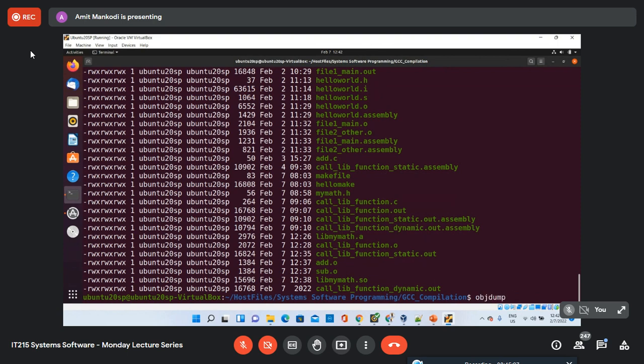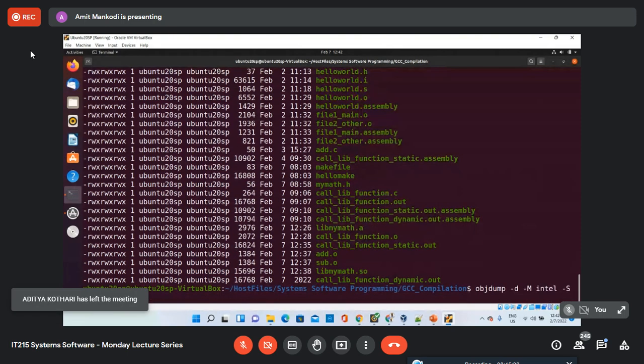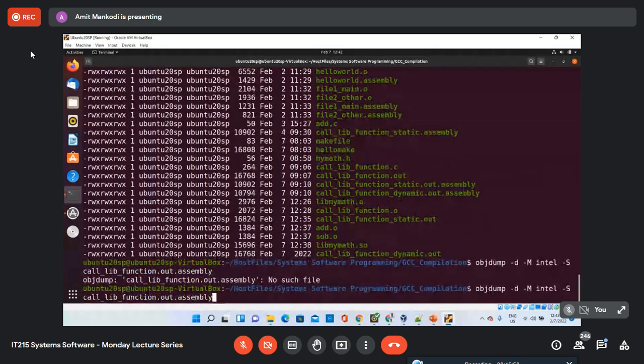So we'll use the disassembly step, which is that objdump -d -M intel -S, and then the executable file name, greater than, call.out.assembly.